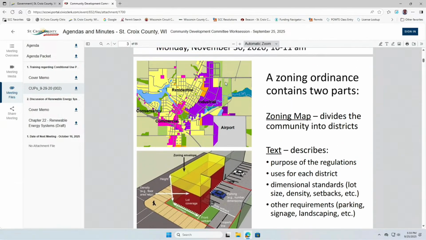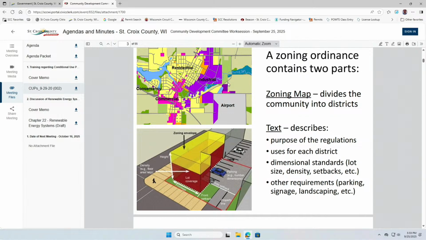As some of us know, there are 2 parts in any zoning ordinance: the zoning map and the zoning text. Both of them can be amended, of course, throughout the process. What this is relevant to is that in every zoning district, we have permitted uses, which are allowed by being zoned that way. We've got conditional uses, or CUPs. We've also got prohibited uses. Those are generally the 3 types of uses that we have in each zoning district.